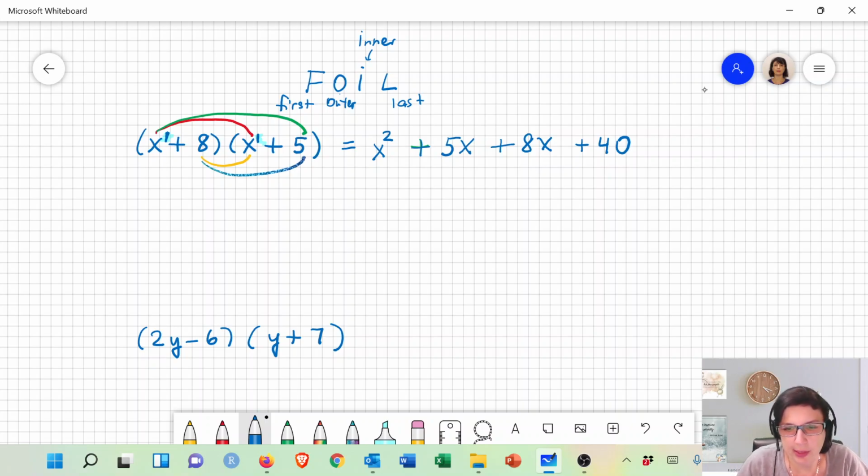Now, the only thing you have to do here is combine like terms, so terms that have the same power of x. What are the like terms? I have the plus 5x and I have plus 8x. Those have the same variable. So it's x squared, then you have plus 5 plus 8. Just ignore the variable and do the operation like with numbers. What is 5 plus 8? Plus 13. And then put the same exact variable, don't change it. And plus 40. Okay, so we're done with this example.